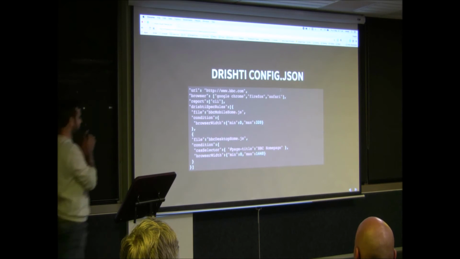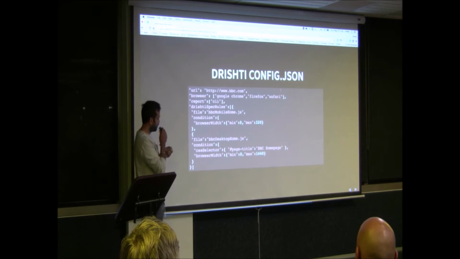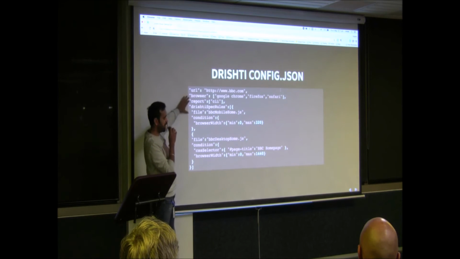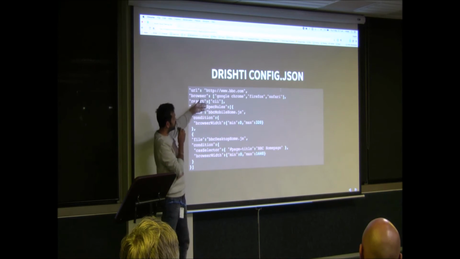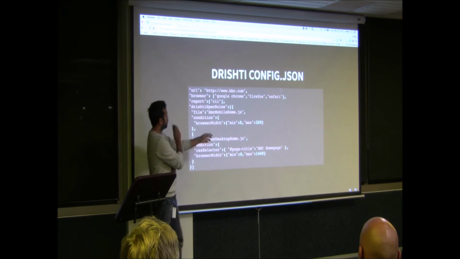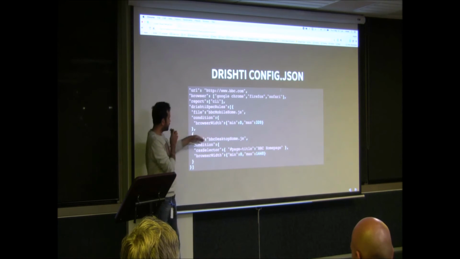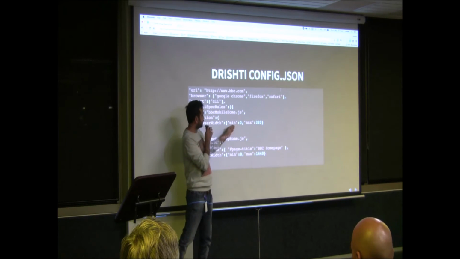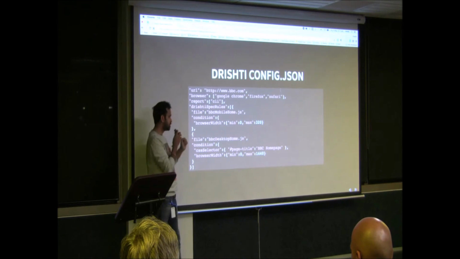Okay, so what does it look like? You just specify in a config file, and this is all in JavaScript, which URL you want to test and which browser you want to open to start testing. This is a spec which says you load a BBC mobile homepage where the browser width minimum is this and maximum is this.